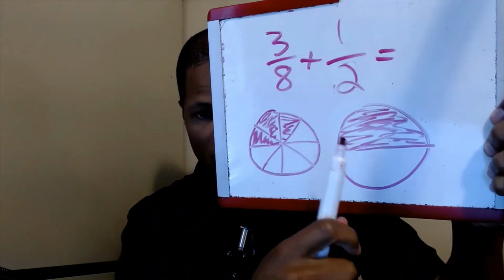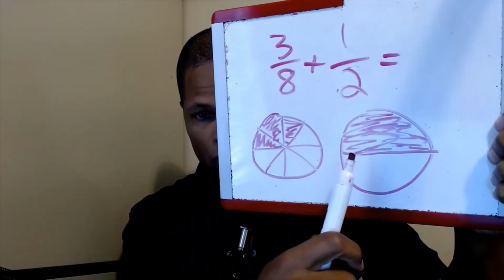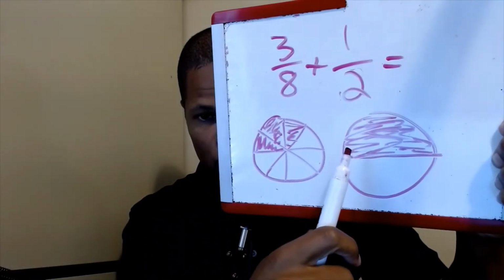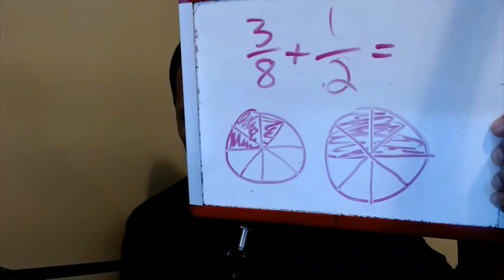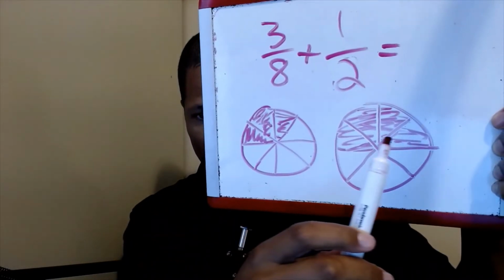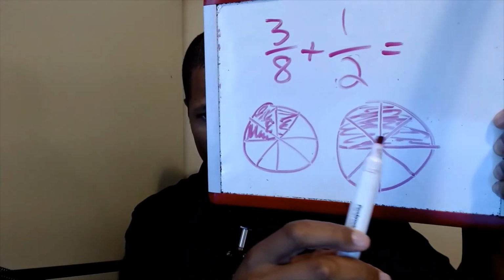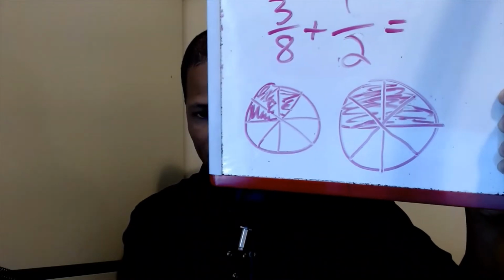So I'm going to change this and just show you visually. I can change this 1 out of 2 to being cut up into 8 slices, and that will change my fraction. Right now it's 2 slices. Now watch this. I'm going to cut it up into 8 slices. I'm going to go 1, that's 4, do another cut. I used to work at a pizza place, so I'm pretty good at doing that. Not really. But look at that. This is the exact same amount of pizza. I didn't change the shading whatsoever. This is still really half of the pizza if you think about it. But now that I cut it up into 8 slices,